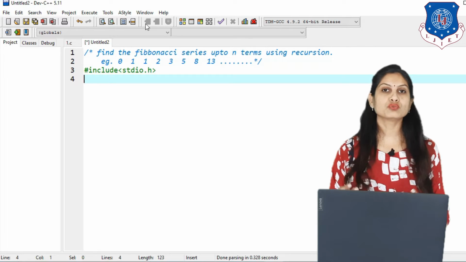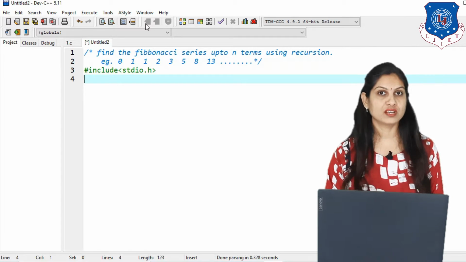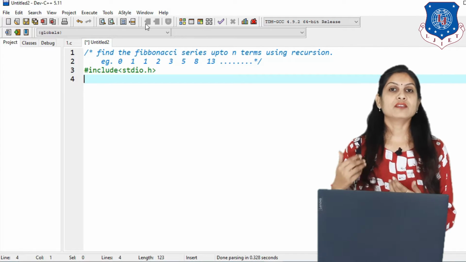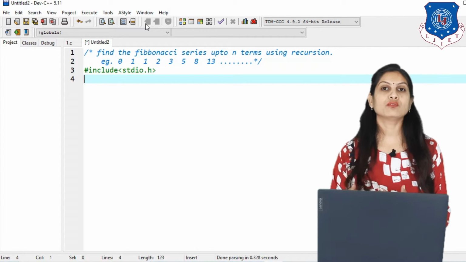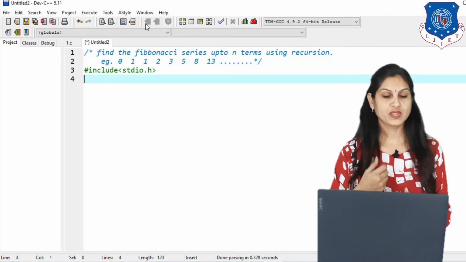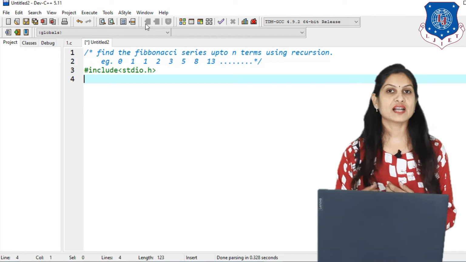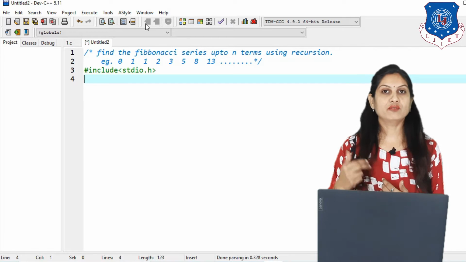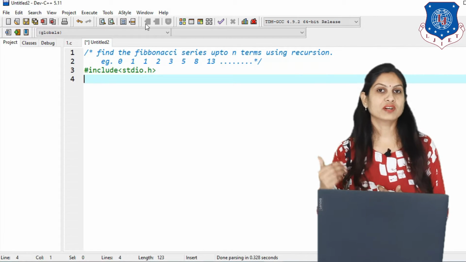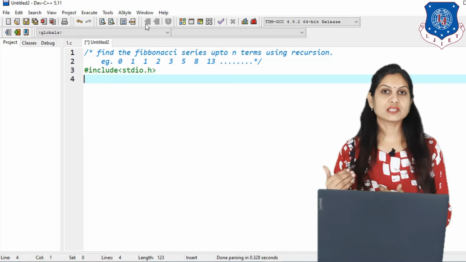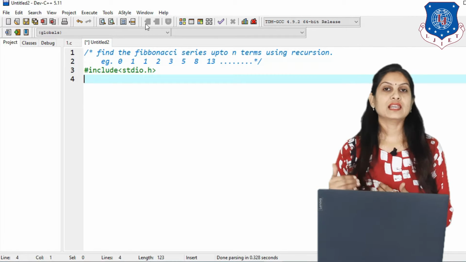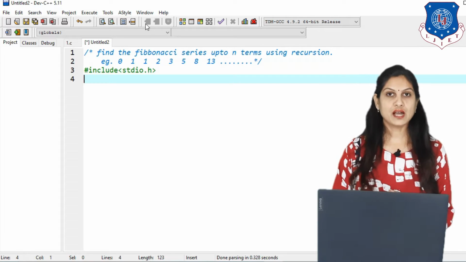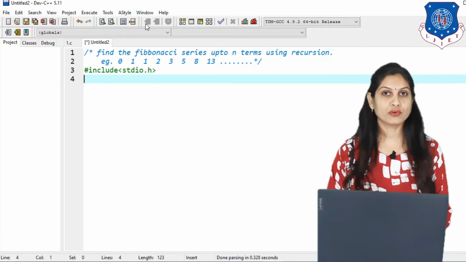The first two terms are fixed in this series: the first is always 0 and the second is 1, and then to find the next term we have to add the previous two terms. So 0 plus 1 gives the third term, that is 1, then 1 plus 1 gives 2, again 2 plus 1 gives 3. Likewise you can find the Fibonacci series, and today we have to implement the program